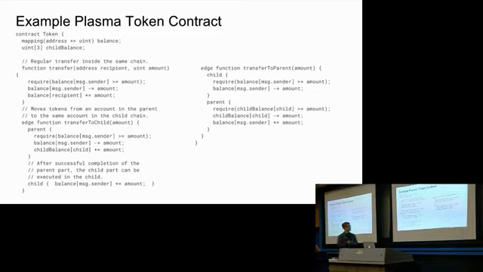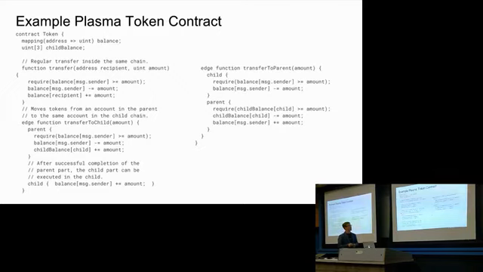And at that point, the person that sent the transaction can prove that the child part was executed successfully in the child chain, and that means that the execution of that transaction in the parent can skip the child, verify that it was executed in the child, and then continue the execution in the parent part, which checks that the locked balance, the sum of the balance of the child, is at least the required amount, removes the amount from the child balance, and adds the amount to the sender's balance